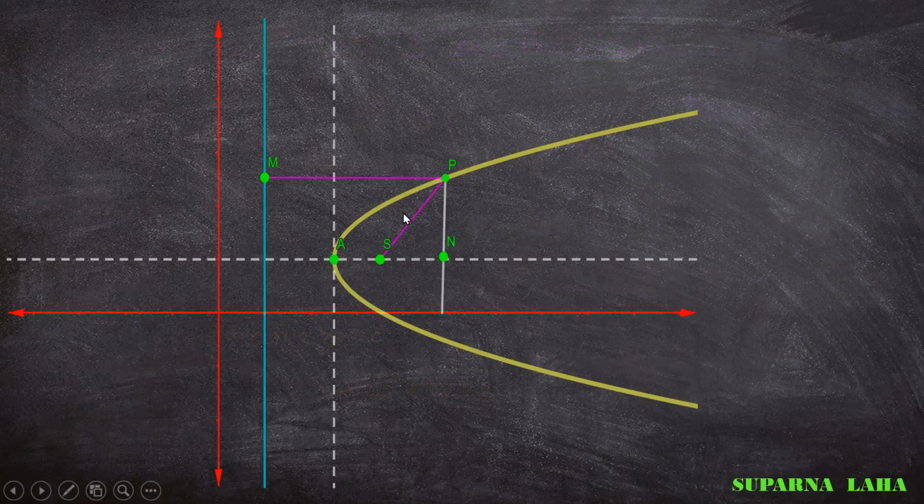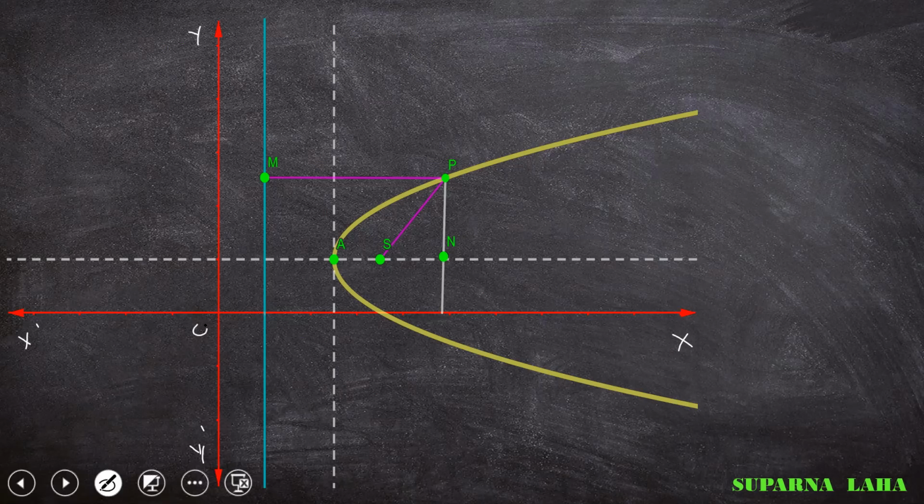Okay, so here is the figure of the parabola. This is the directrix and this is the fixed point, that is the focus. Now this is the x-axis, so mark it x dash. First of all, draw the figure and mark this y dash. This is the origin O, that is 0, 0.